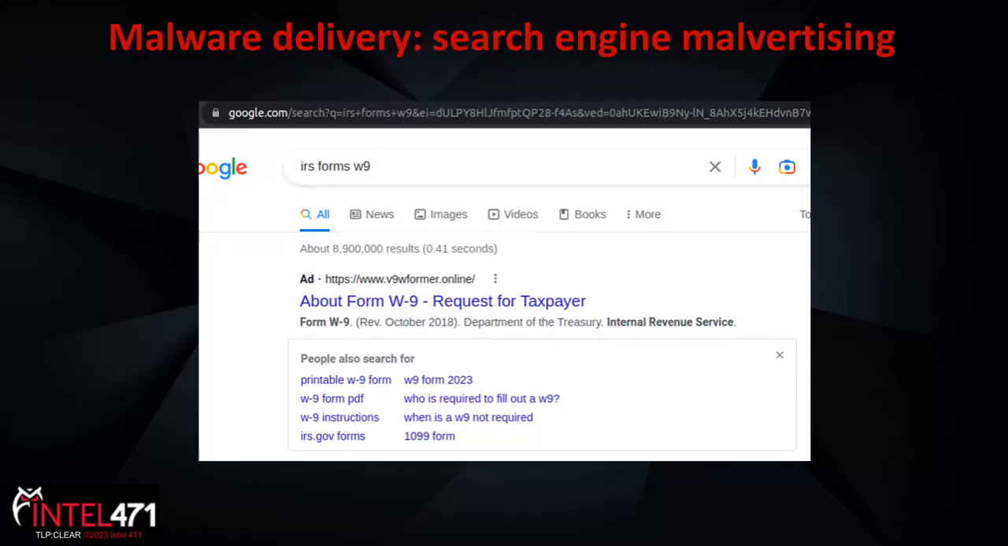However, some groups are jumping to the top of results by paying for advertisements on search engines. One example of a group using such techniques is BokBot. BokBot's recent campaigns leveraged Google's pay-per-click, or PPC, search ads platform, which allowed actors to place their advertisements at the top of the search results, tricking users into going to a malicious website and opening and extracting their malicious compressed